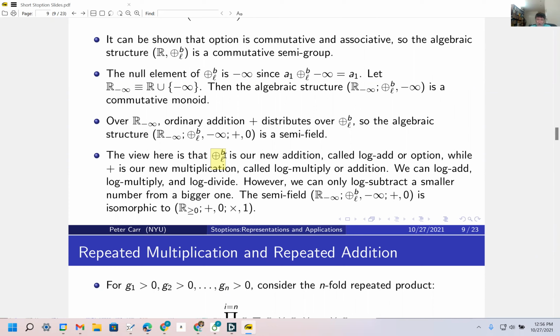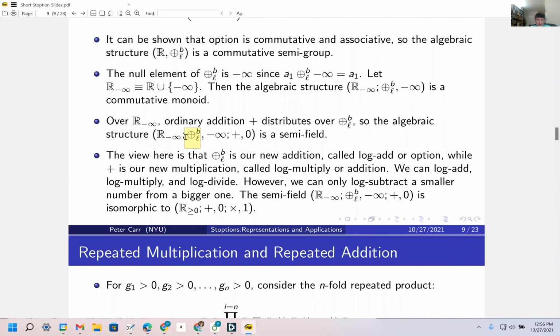And the other part of the view is that ordinary addition is, believe it or not, our new multiplication. Why do we call ordinary addition multiplication? Is it just to be difficult? No, it's because this ordinary plus that I've highlighted distributes over this new addition,